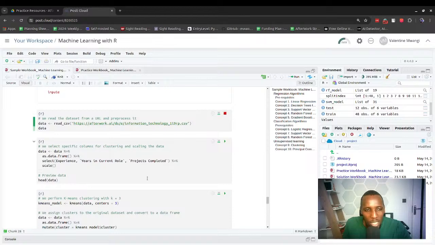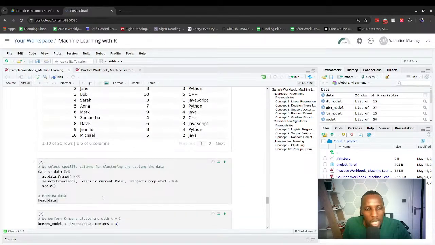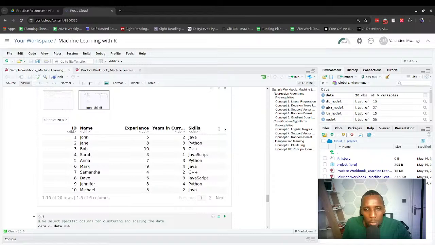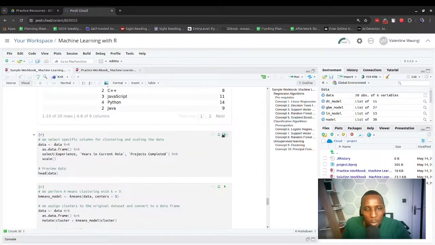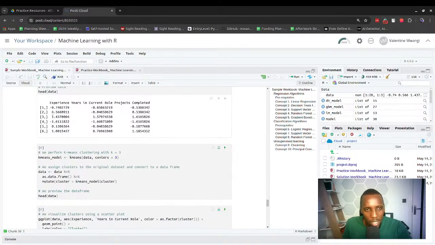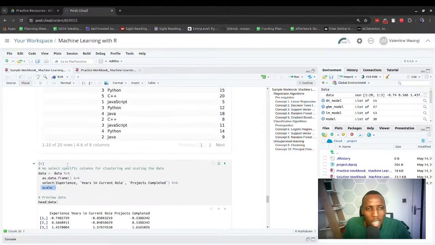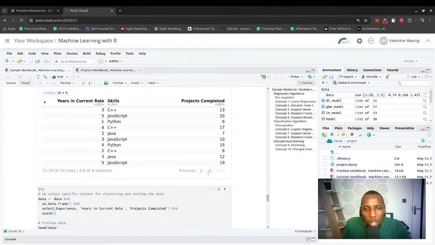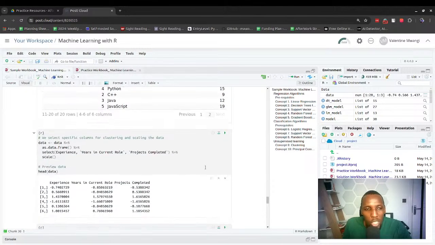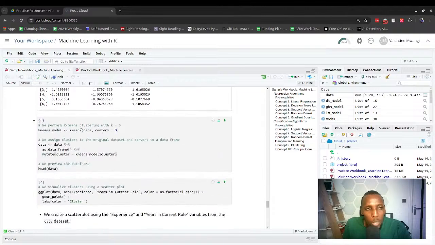So we load our data set, and then we can just select the specific columns that we want. Still, this is just part of data processing. And we also have decided to scale, like we want our data set to have a particular scale. We don't want some values which are big to influence how the prediction is done by the model. And then we perform k-means clustering. We want to cluster our data into 3 categories. We define that. With k-means, you would specify 3 categories too, but you can always